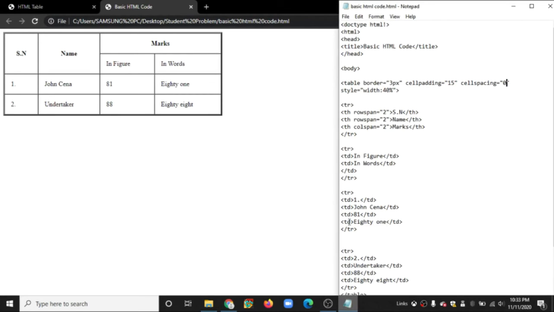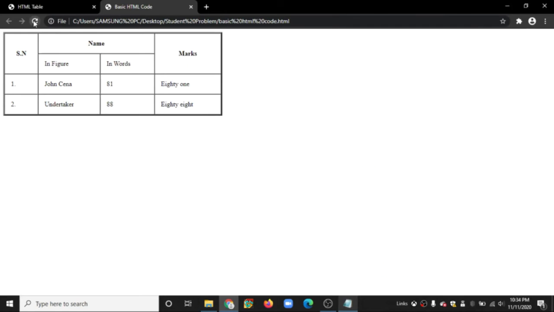After that, we have to give the data in these particular boxes. So we have used table data in each of these. If we had used rowspan in here and colspan here, you can see the desired output. This particular data will be transferred to this data. Okay, colspan, you can see here.